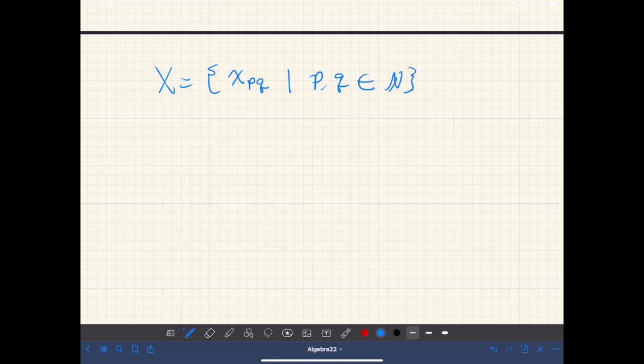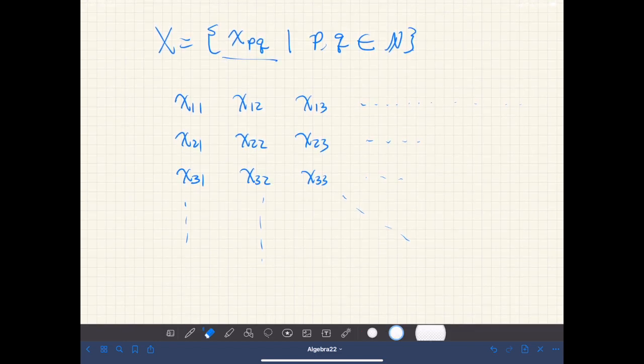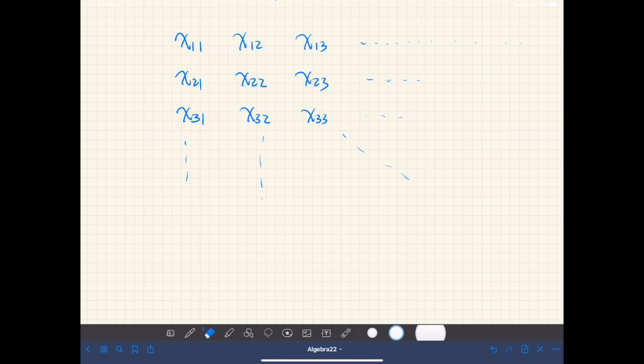So these elements can be arranged in a two-dimensional array, like a matrix. x11, x12, x13, and so on. This can continue forever. And x21, x22, x23, and so on. And x31, and so on. So is this set countable? Actually, it is countable